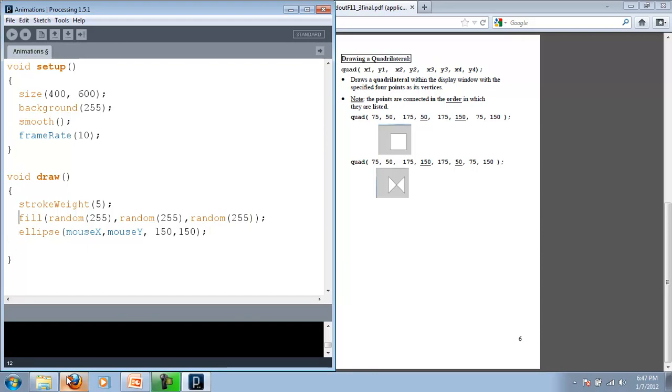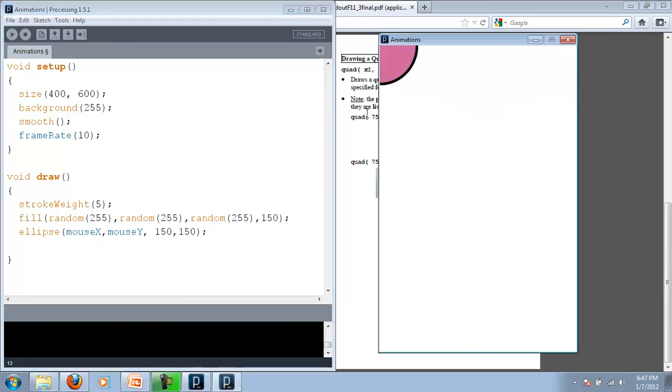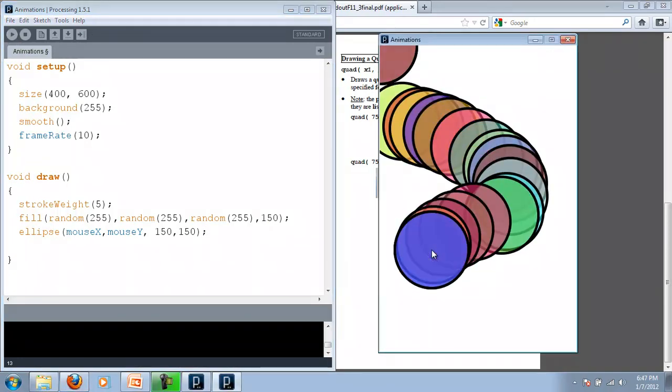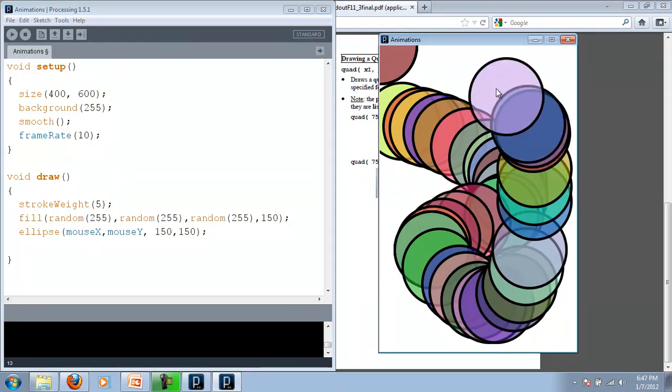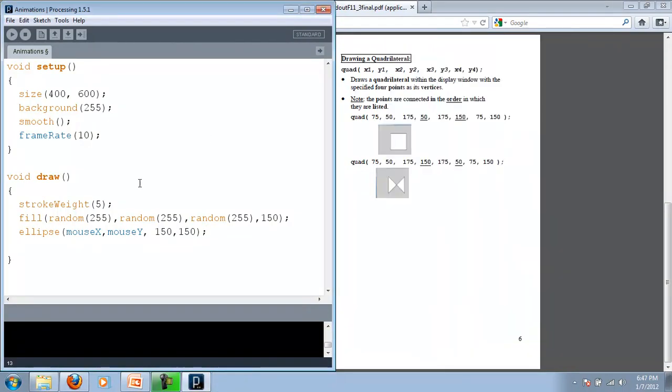And let's actually make it somewhat transparent again. So let's do, I think 150 worked pretty well. So right now, again, we might as well run it in a second, but now we're drawing and it's different colors and somewhat transparent, so that's kind of fun. But let's add, I'm going to slow my frame rate down even more so it doesn't draw quite as quick,